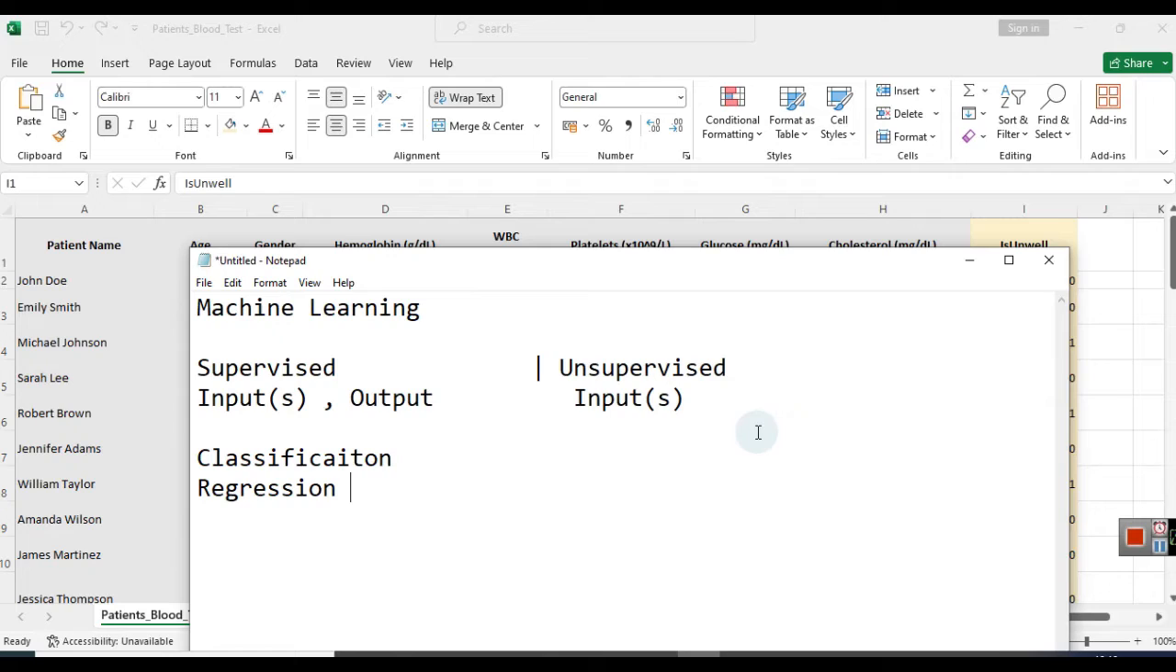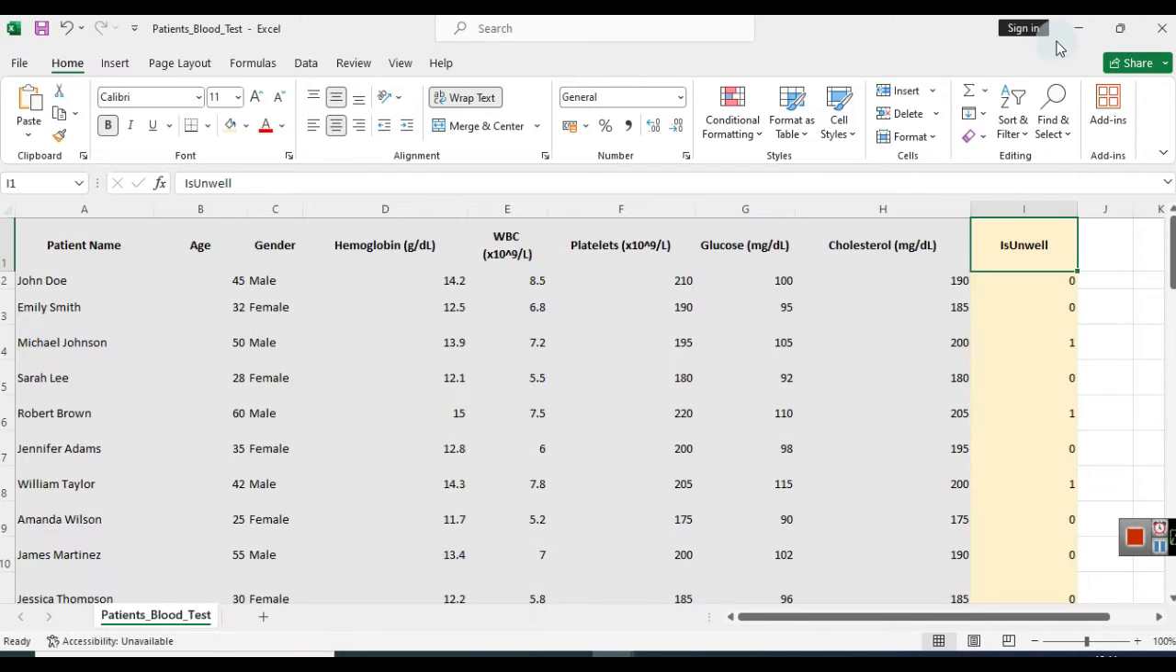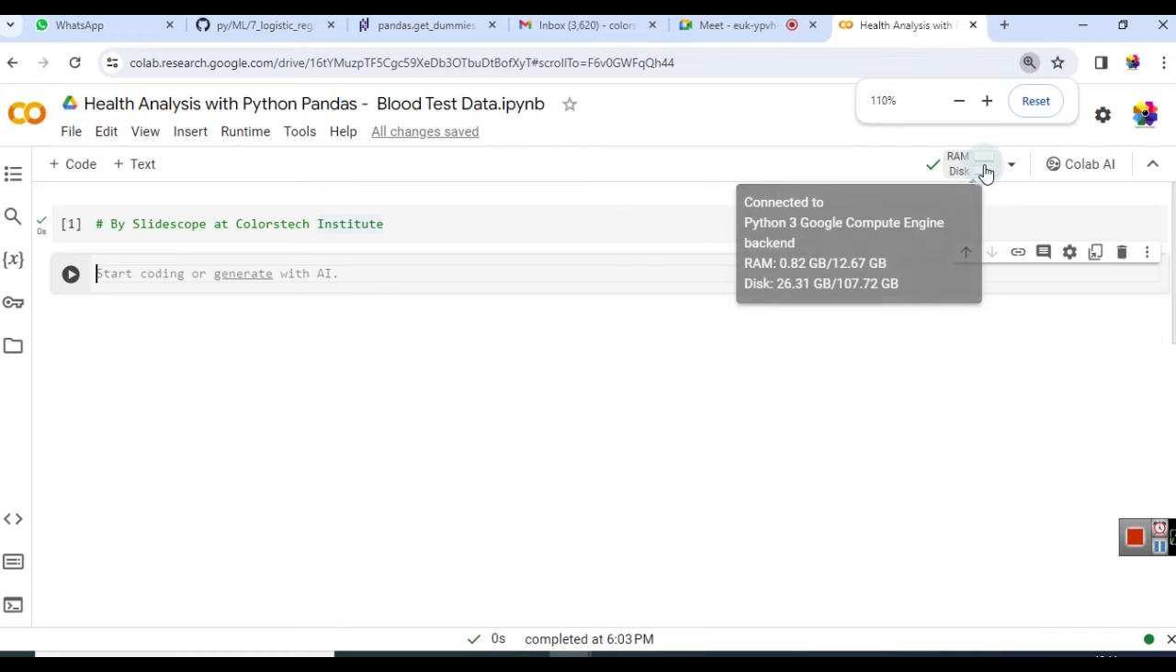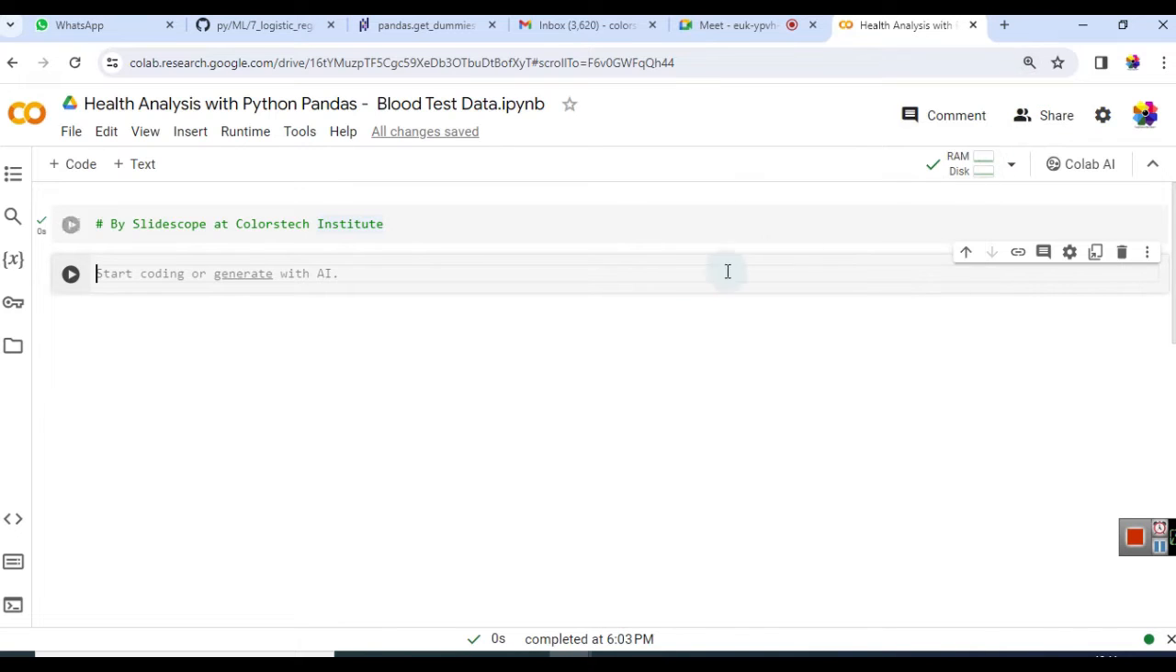We have done these types of discussions in previous chapters also, where we have used regression to predict per capita income of a country. We have used regression to predict sales or profit of a country, right? That we have done in the past. But this time we are going to do it with pandas. So I am inside my Google Colab. I have connected Google Colab, and